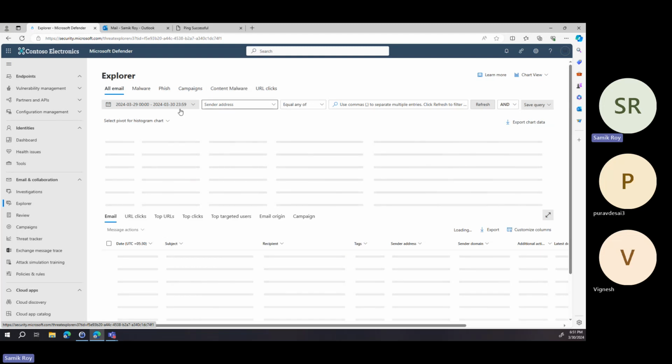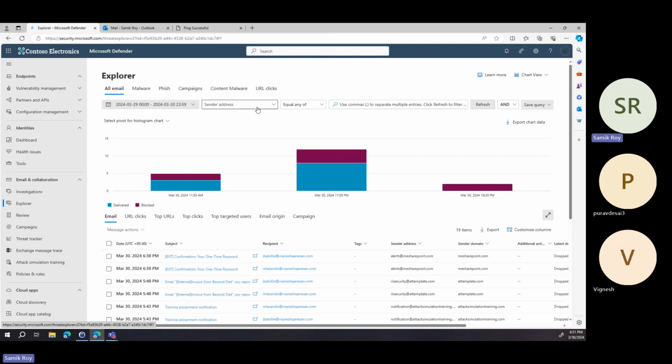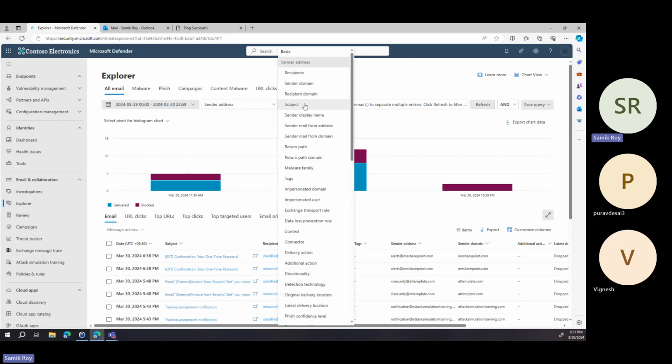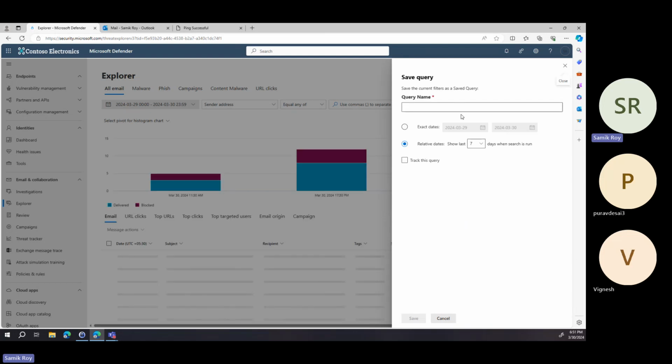And let me also show you. For example, right, I've just got this particular one. You can always add filters around sender address, subject, and things like that, and refresh it. And let's say you want to revisit this query on a daily basis, right? So you don't need to come here every time and run the query and configure it. You can technically save this query. And once I save it, I'd say,